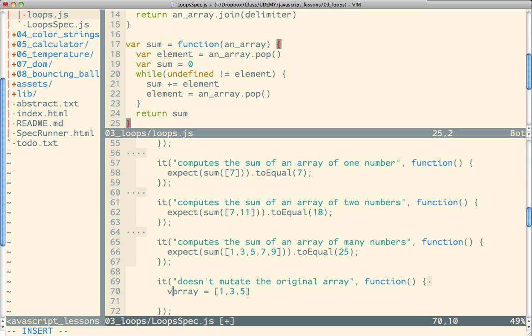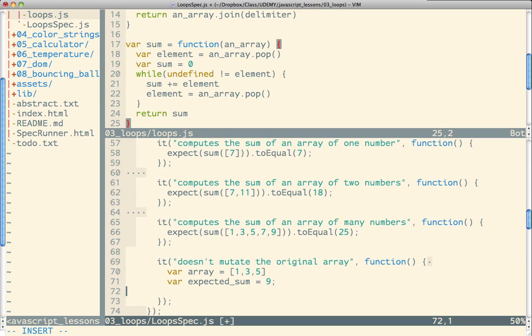Oh yeah, you notice var sum equals, so let's say our expected sum is equal to 4 plus 9. So then we have 9 as our expected sum, and we can say expect